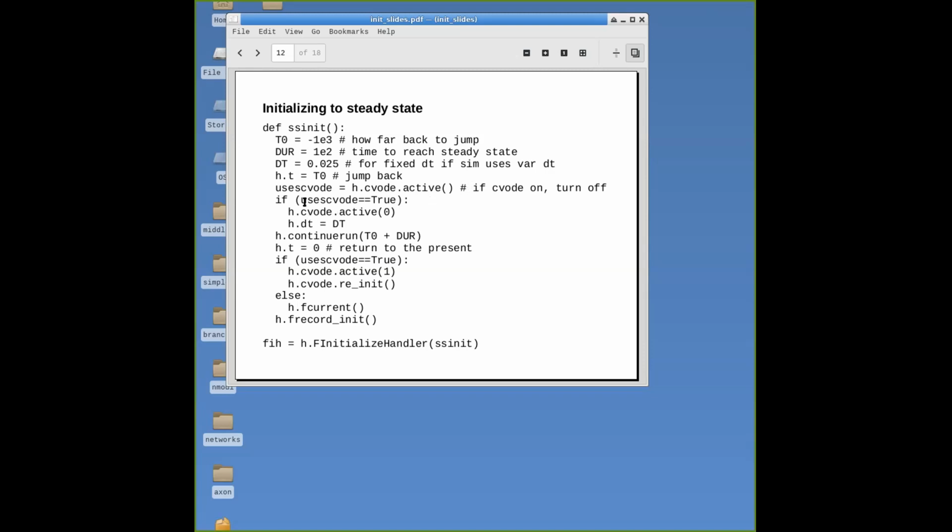And that's what this is. At first, we check to see if we're using adaptive integration. And then after it discovers that, we turn it off and we set DT to a fixed value of our choosing, embedded up here as a built-in parameter. Then we do a continue run that starts at T0, that is way in the past, and runs for dur